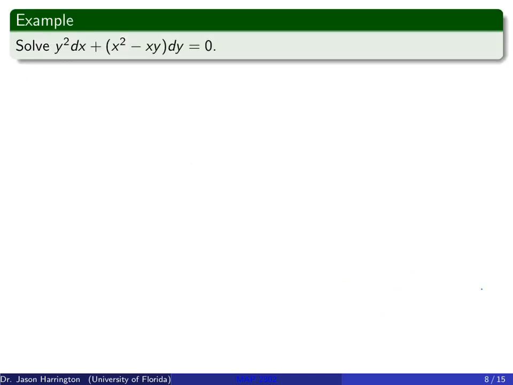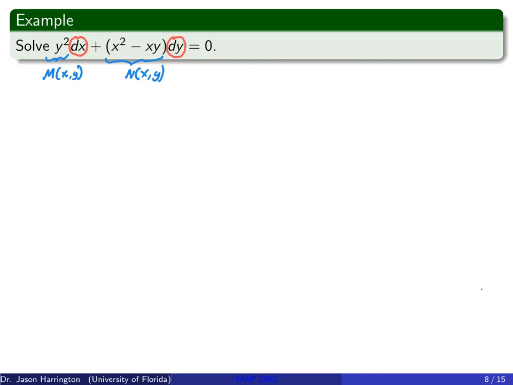So now this question says, I want to solve this guy. So I have two functions, and I'll rename them the same, just like in all the other sections. I'll call this one M of x comma y, and I'll call this little function here N of x comma y. And the thing that a lot of people tend to forget, and make sure you practice this, you call the first one in front of the dx the M, and the one in front of the dy an N. There are actually some homework questions that are pretty easy to solve as long as you label them correctly. Sometimes they'll put the dy first just to confuse you, but it's the same process.